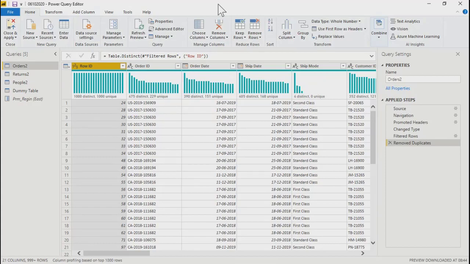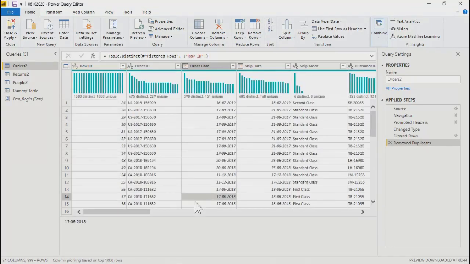But for BI projects and reporting projects, you will not do all these things, and you will be working on the data provided by the ETL team, right? But it's good to know what options are there. So as you go further, you are getting these sorting options as simple as this.